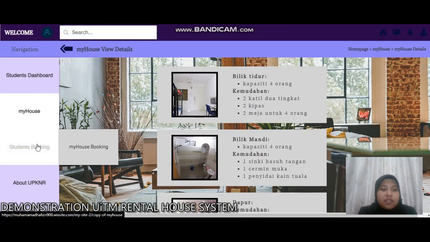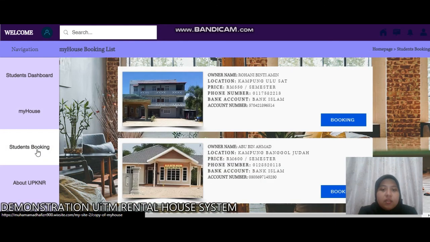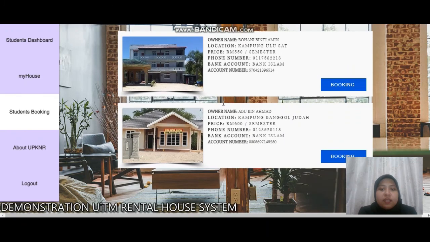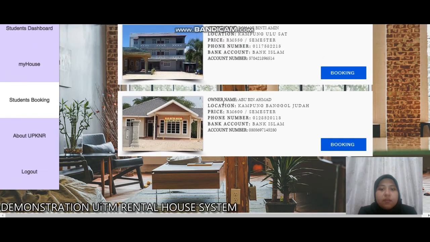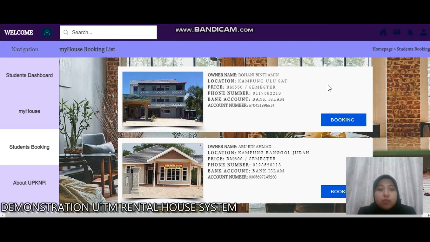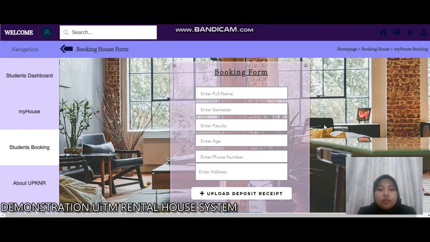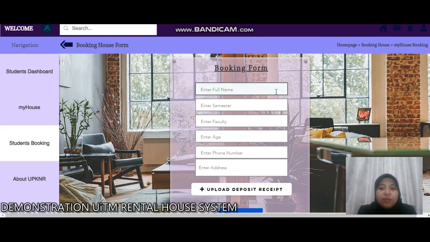Okay, next, let's move to the student booking. The student booking page is the booking list that is available for students if they want to book a rental house. The student needs to click the booking button and the booking form will appear. So in the my house booking page, the student needs to fill in the booking form, enter full name,